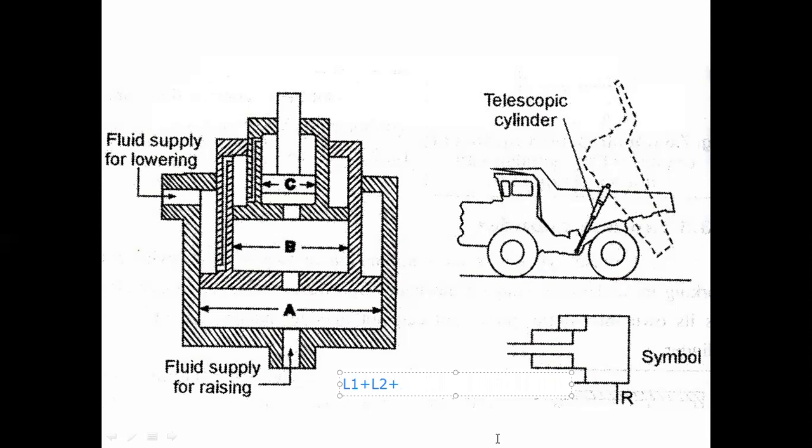So if we consider the speed of the cylinder, then we have the length of stroke, that is L, the total extension of the cylinder, divided by how much time is required to extend that particular cylinder, that is T. From this we can calculate the velocity, in meters per second or meters per minute, how much it should travel by the cylinder.